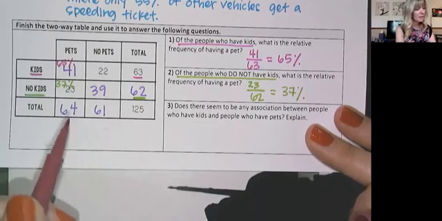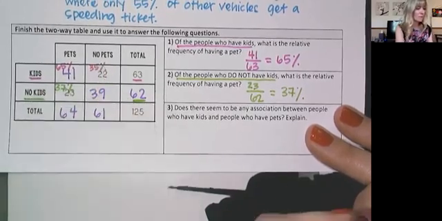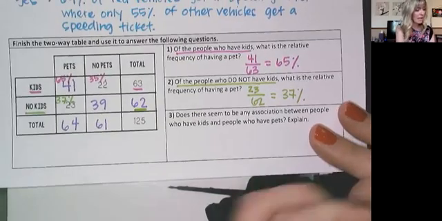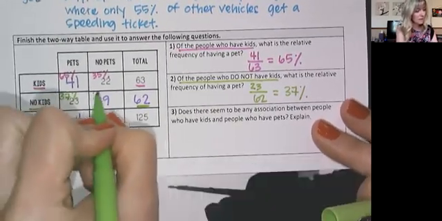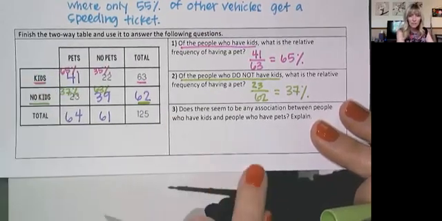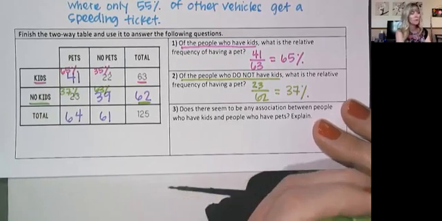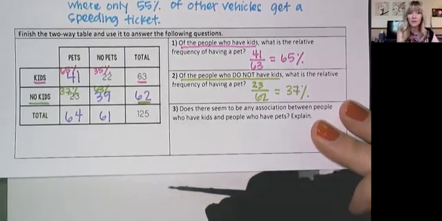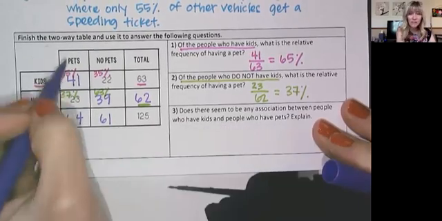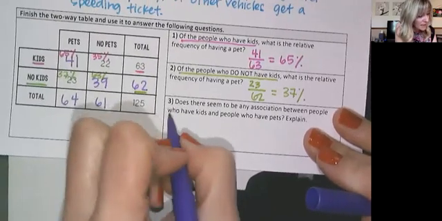Now that means we could really easily do this one too. We could say 35% because that's supposed to add up to 100. And we could also say, what would this be, 63%? That seems like a pretty even trade-off. Does there seem to be any association between people who have kids and people who have pets? I would argue yes. 65% is pretty drastic over 37%. So I would say yes,